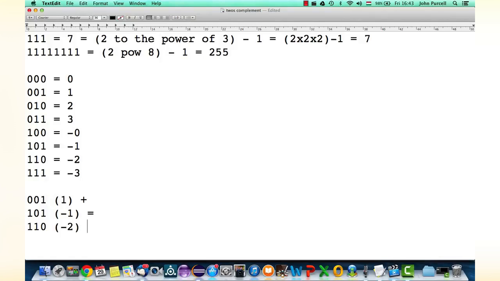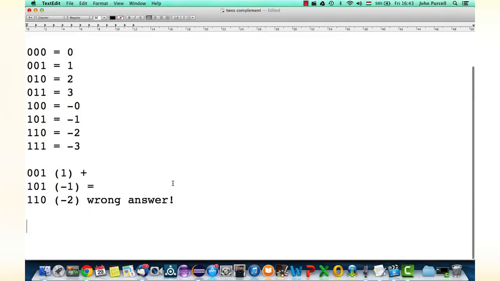So we should have got 0. So plus 1 added to minus 1 should be 0, but we've got the wrong answer. So this system is rubbish, and that's why it's not used anywhere. But we can tweak it a bit. If we tweak it a little bit, we can make arithmetic a lot easier to do